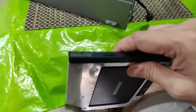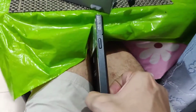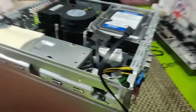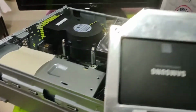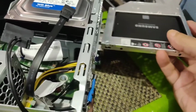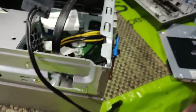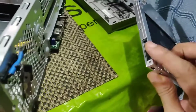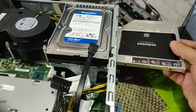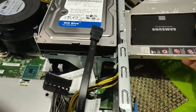And to make things working, I will remove the upper cover of the DVD drive caddy. So I have removed the cover, and now this is good to go. I just insert it from here. You have to keep in mind that the connector should be facing towards this corner of the hard disk, because that is where your SATA power and data cables will go. Just